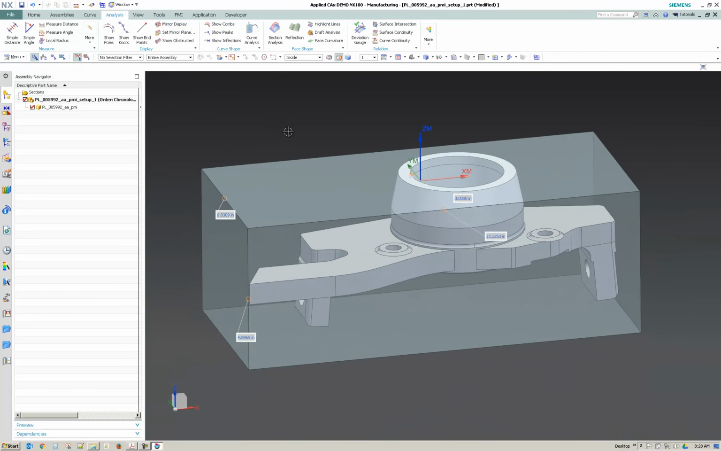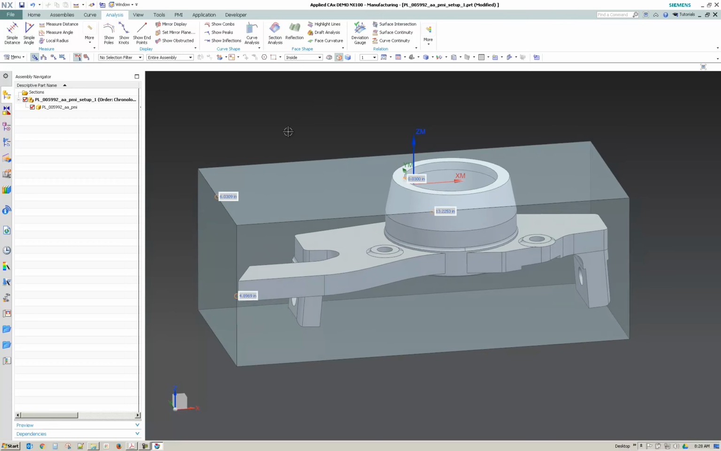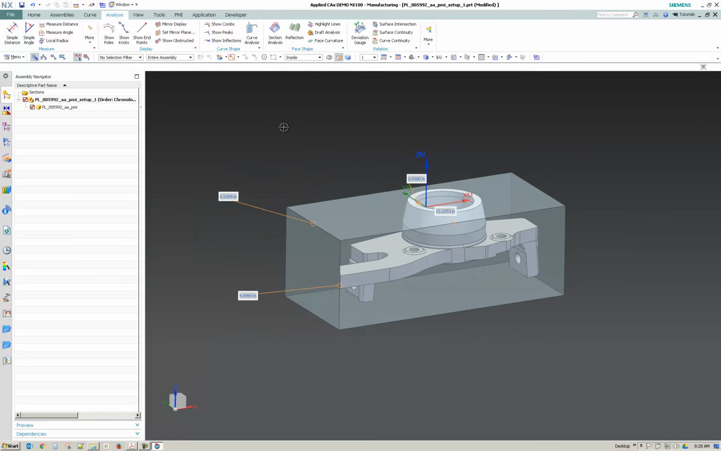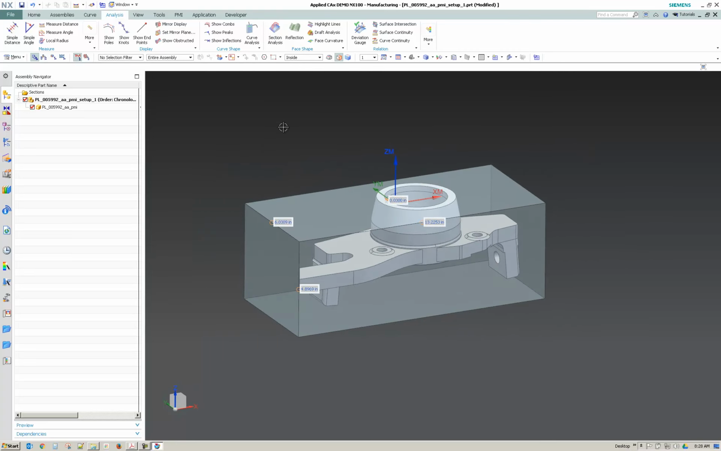So I have all my dimensions. At this point, I'll actually come back to show how to save out a JPEG. Alright, so now we'll bring in the vise. And so with